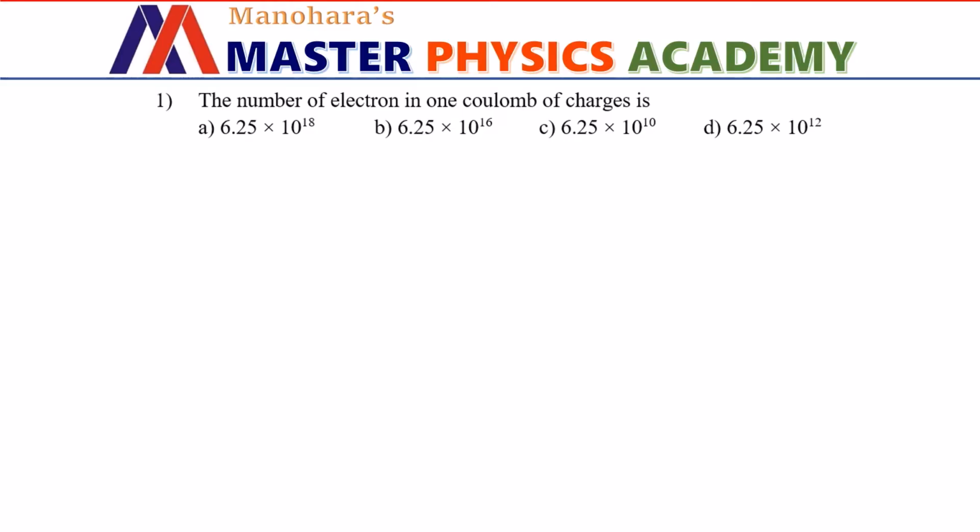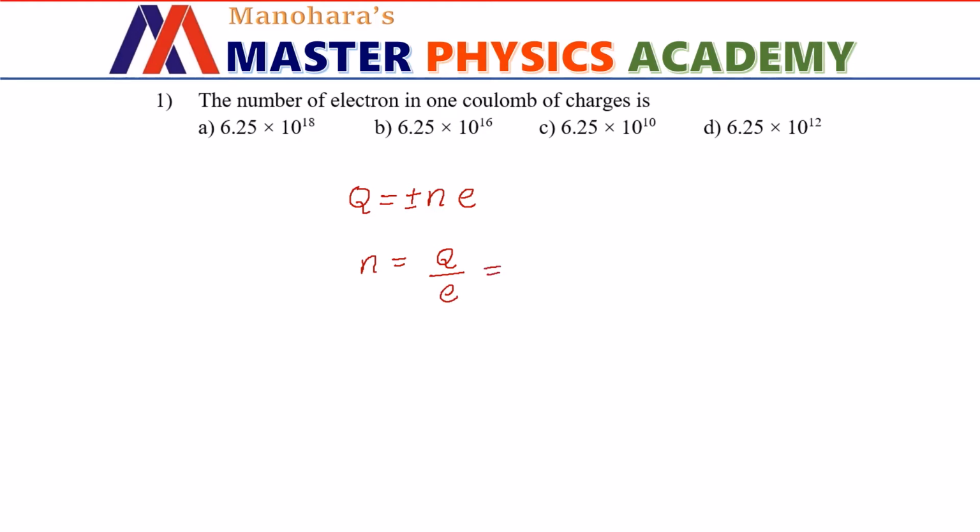The number of electrons in 1 coulomb of charge is. So we know that charge on any body is equal to an integral multiple of the basic amount of charge, or what I can say is the charge of an electron. We can include plus or minus sign here also, no problem. But the number of electrons that are added or taken out from a body to make it 1 coulomb of charge can be calculated using the formula Q divided by e.